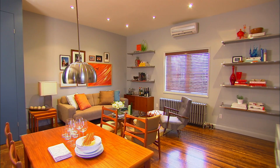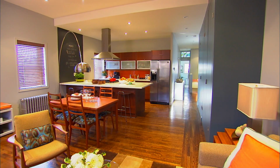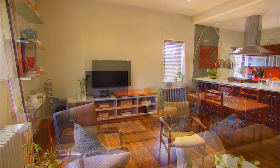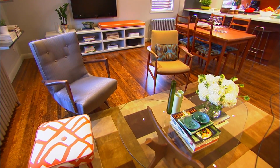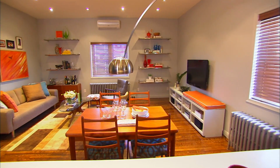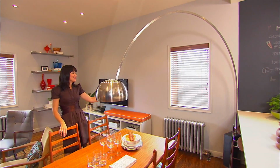What was a haphazard and disconnected space is now beautifully unified by color, texture, and a natural flow. Through refreshing, reupholstering, and relocating, we've created an eco-friendly and design-smart home that's the perfect place to cook, entertain, and lounge. One of the biggest changes in the room is lighting, and this piece is a reproduction based on an